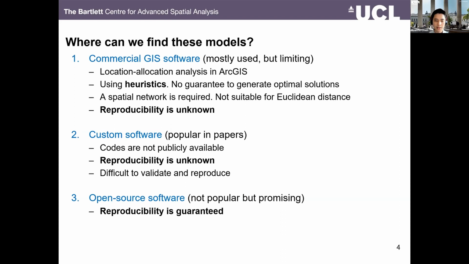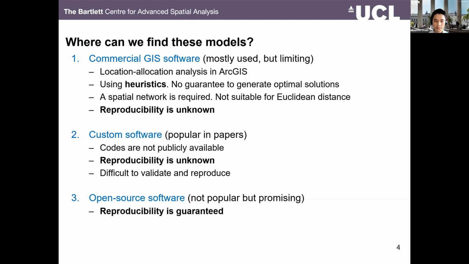Firstly, it uses heuristics to solve these problems, meaning that there's no guarantee that the optimal solutions will be obtained. Secondly, it requires a spatial network before we use the models, so it is not suitable for Euclidean distance metrics. Thirdly, as ArcGIS is a black box, the users cannot look into the details of the algorithms, so the